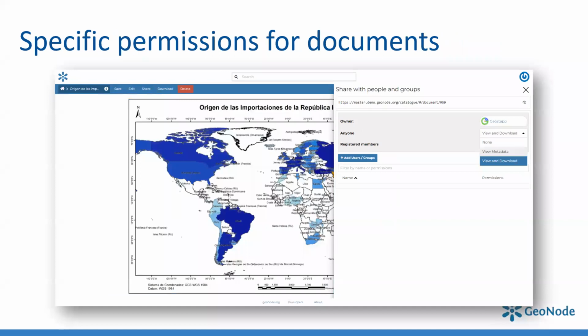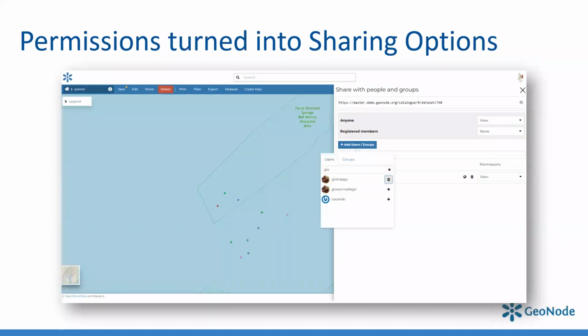And also we have differentiated the permissions depending on the resource type, because the permissions have different effects according to the type. So for example, for documents, we have view metadata or view and download, because download and view cannot be split for documents. And it's not here, but for each user, we can also define, well, we cannot see it here,